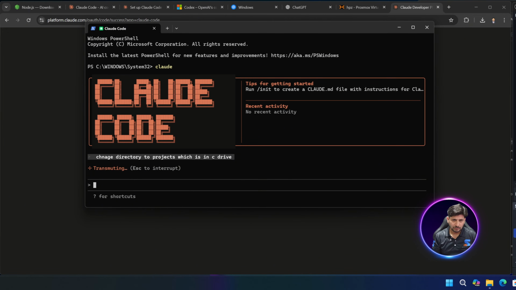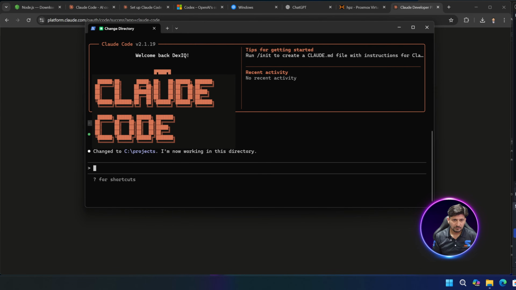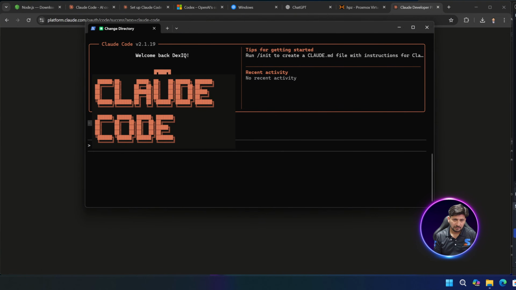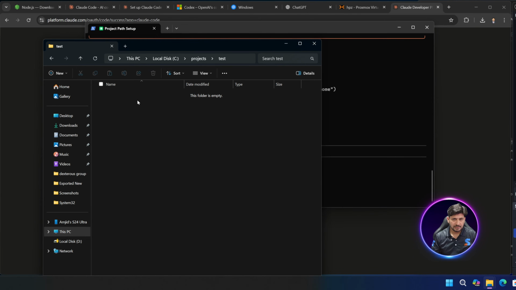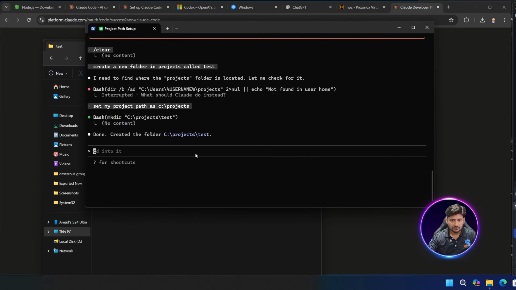So I don't need to use those commands. It will be simply moving me to the directory. So I'm in C projects right now. Create a new folder in projects called test. Here you can see it says that a folder is created inside projects, which is C projects. And if I go here to projects, you can see test, and now I want to use the test project